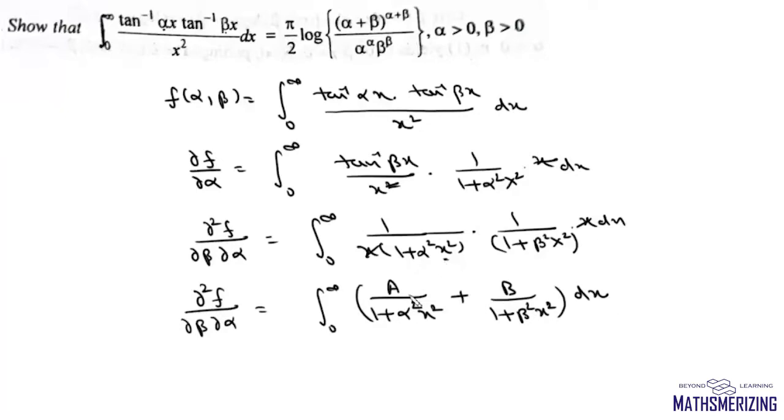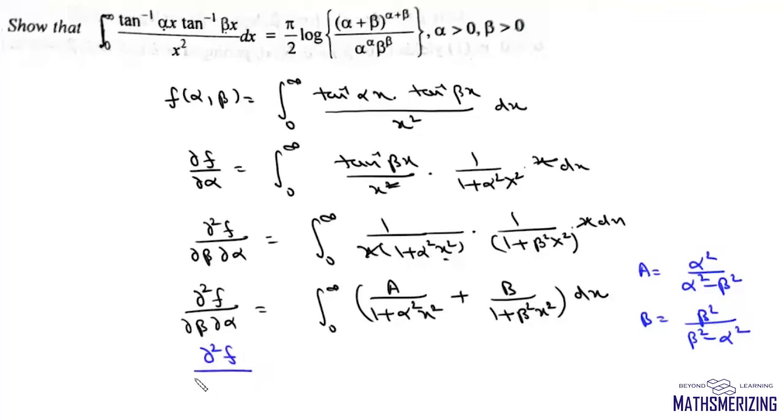Now for a, we'll put x square as minus 1 upon alpha square. Value of a will be alpha square upon alpha square minus beta square. In the same way, value of b will be beta square upon beta square minus alpha square. So now we can write this as